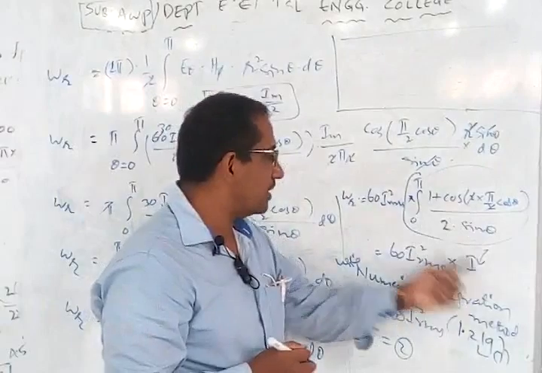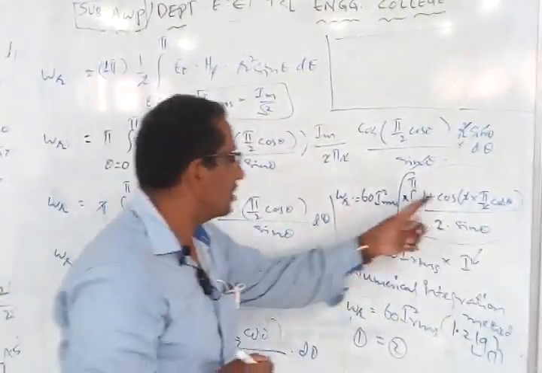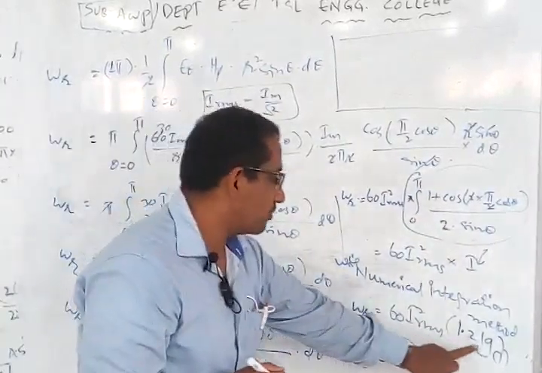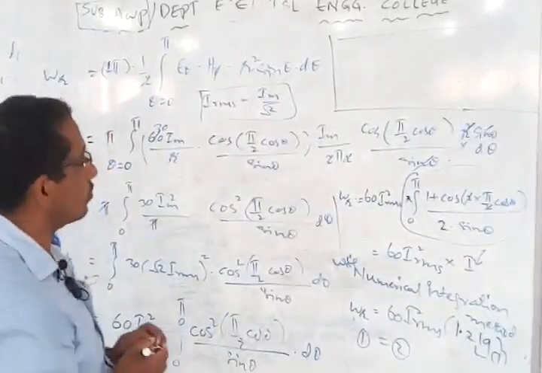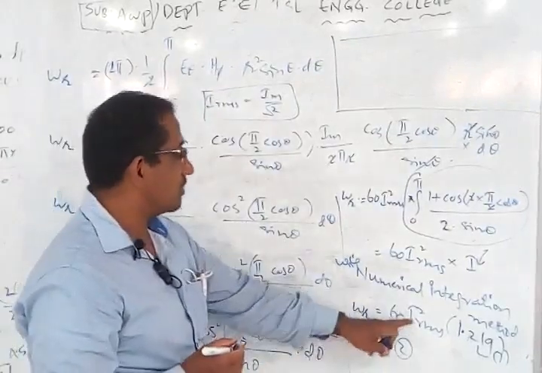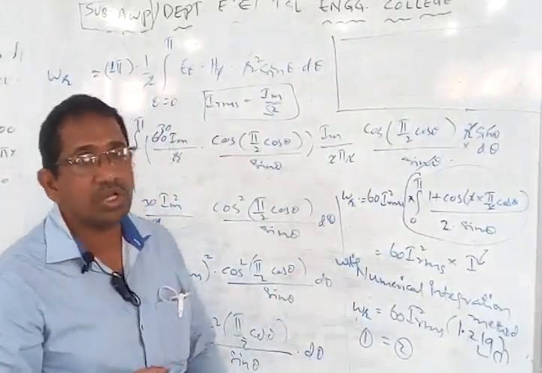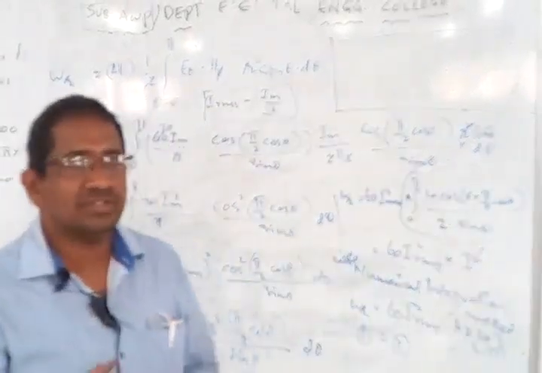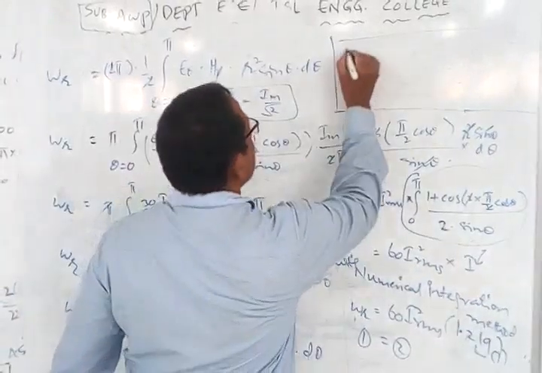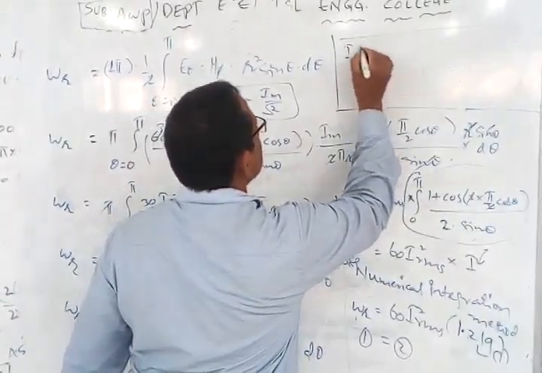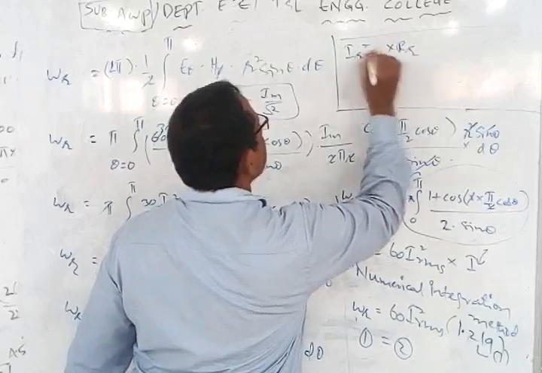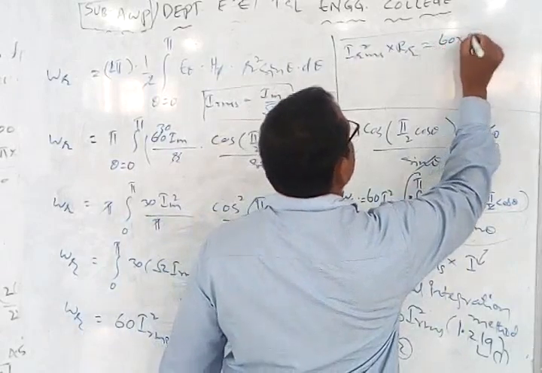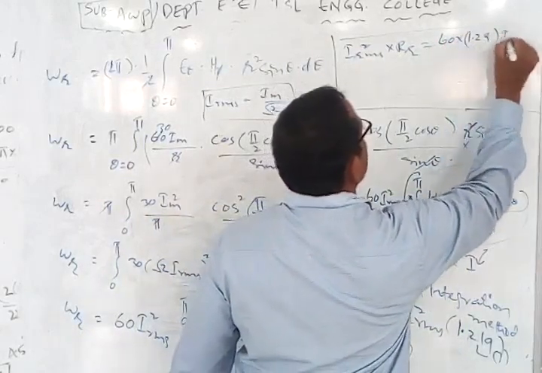So now this I can replace it is equal to I. So by solving this particular equation for I using numerical integration method, we will be getting the value as 1.219. This is important, 1.219. Now earlier we have got this equation as 1. Second equation is going to be what now? It is going to be the radiated power in terms of the radiation resistance. So therefore that equation 2 written as IRMS square into RR is equal to this one, that is going to be 60 into 1.219 IRMS square.